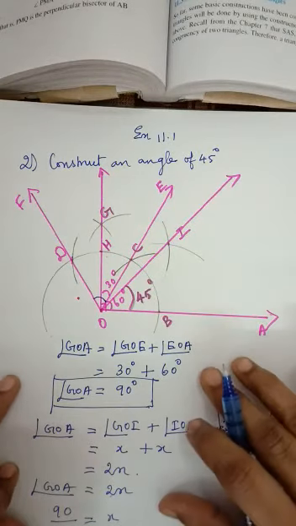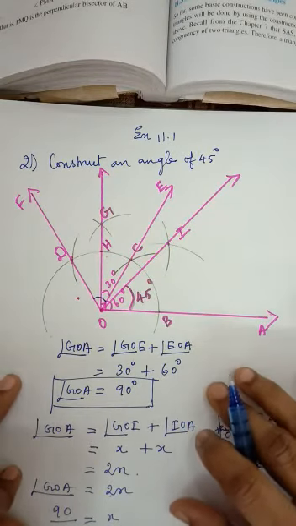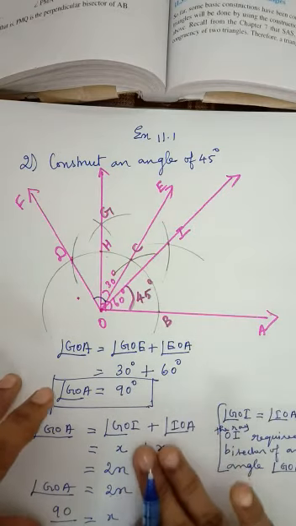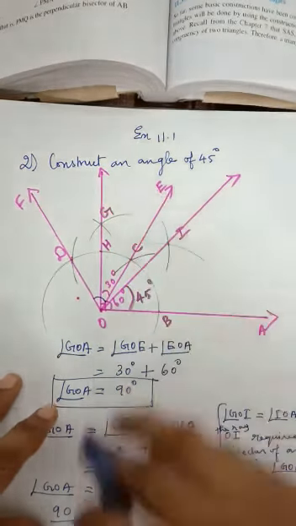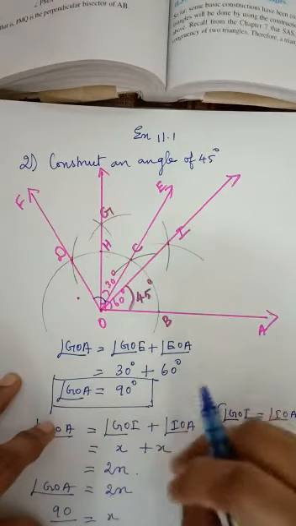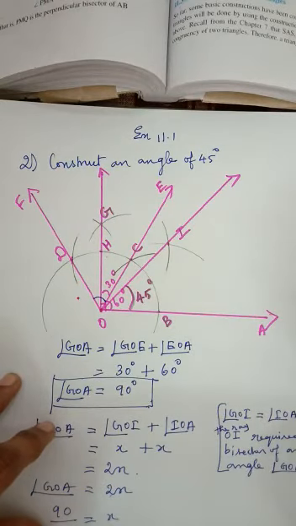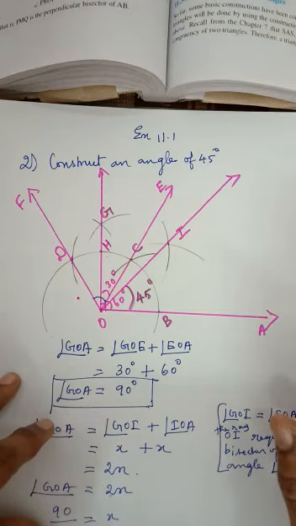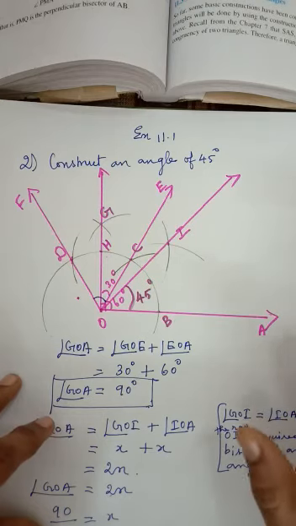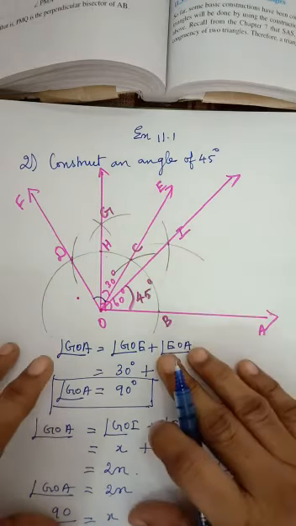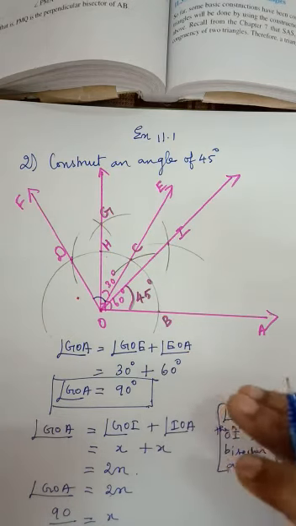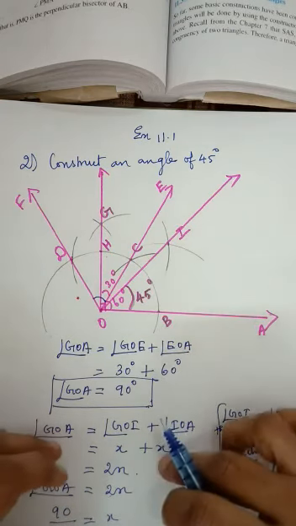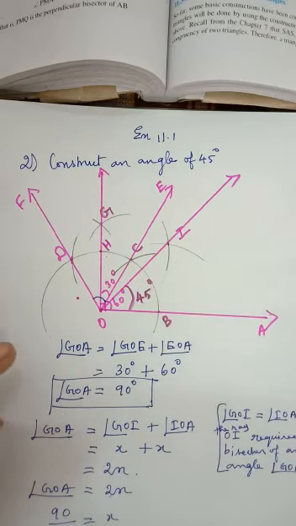Students, listen, for every construction you have to write the steps also. This is the picture, justification steps, and written steps. You have to write the construction steps in 5 or 6 pointers, at least 5 points, 5 or 6 is enough. You should write the steps and the justification figure for all questions. Is it clear? Thank you students.